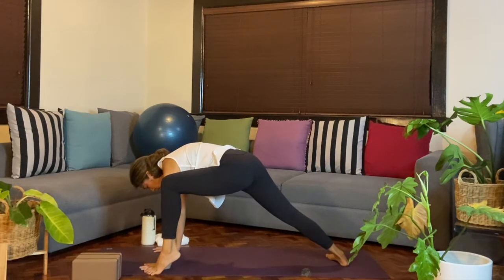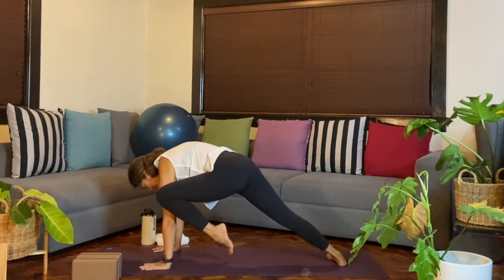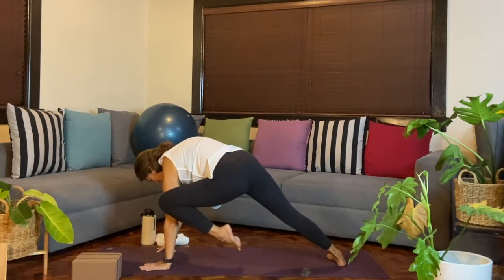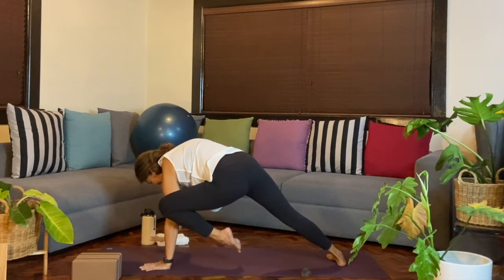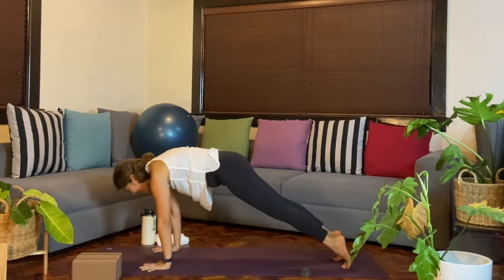You can stay here, or maybe left toes will lift up. Keep pressing the leg against the arm. Maybe come up to the right fingertips. Maybe float that right arm up. Hold steady here. And then from here, right hand down, left leg steps back. You can transition,